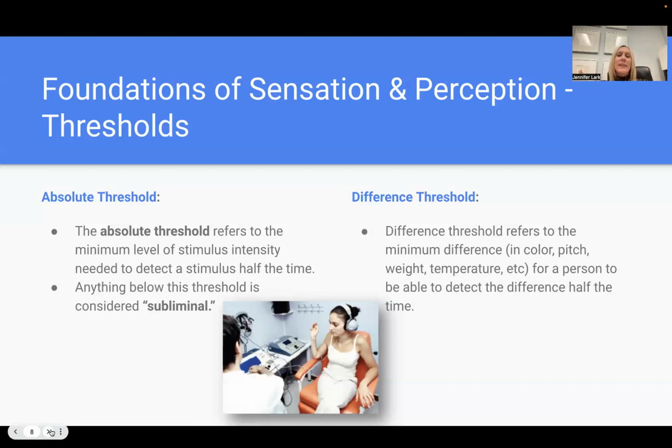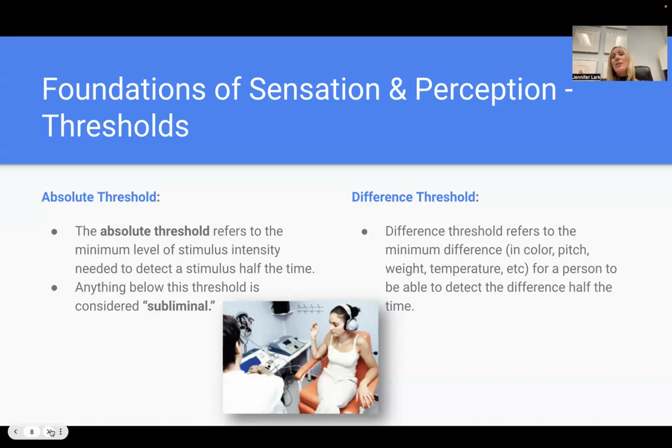I guess another example that I can think of related to school would be, all of your teachers probably have different absolute thresholds for the amount of sound that they hear. So in one teacher's class, you might be able to get away with talking kind of loudly to the person next to you. And if your teacher has a really high absolute threshold, meaning that it takes a lot of sound stimuli for that to be reached, then you might be talking and talking and talking, and your teacher never even realizes that you're talking. And so you don't get in trouble for that.